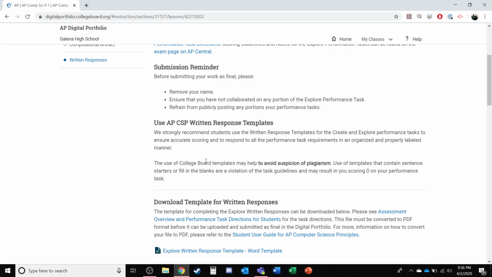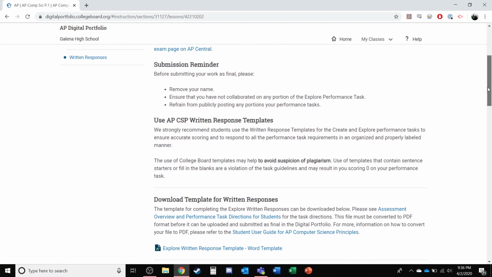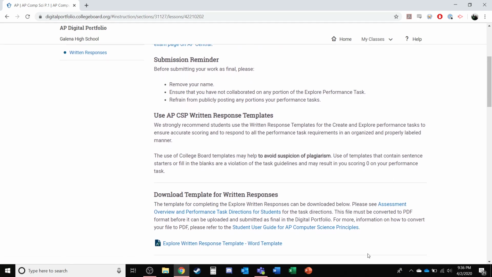You want to make sure to use the written response template. Now, that template that I showed you guys and that I have you download is this exact same template, so you already have it. And then below that is going to be where you upload. Now, I am not going to go any farther because what I will see under here is everyone's name, and I don't want to publicly post all of your names because that would violate the law. But what you should be able to see is an icon that says upload file and an icon that says